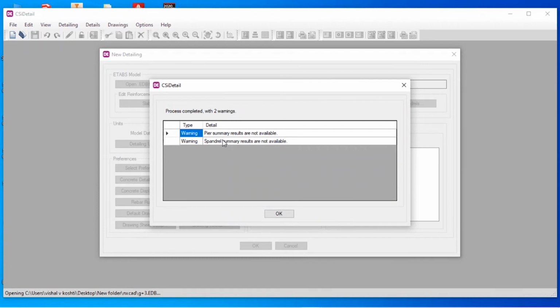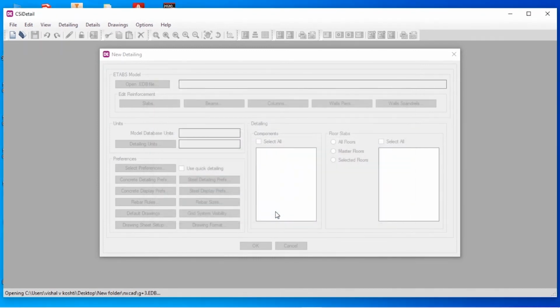It shows this error because I have not added the pier and all. And then click on OK. That's not an issue. That is for the foundations.